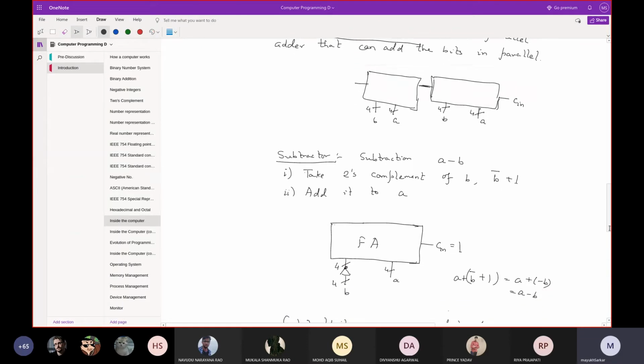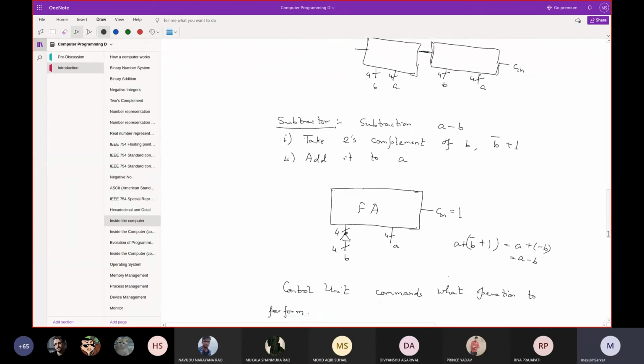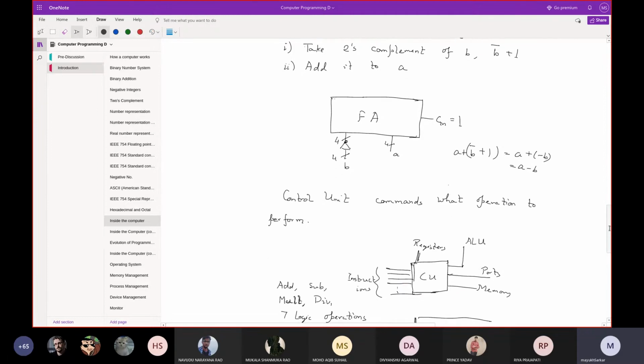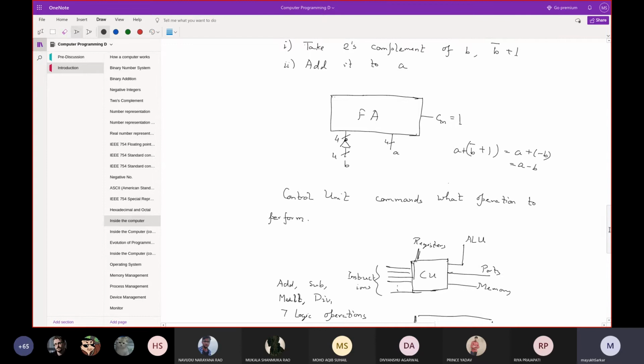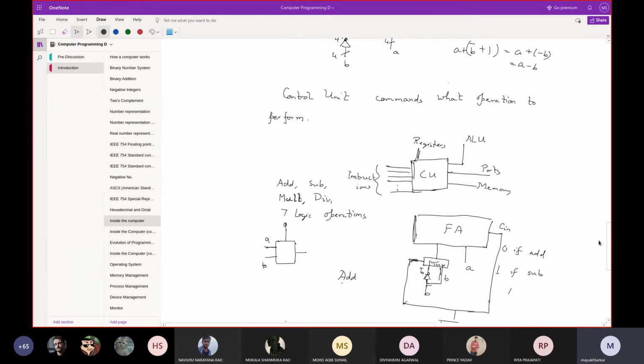And then we have seen how the same adder circuit can be used as a subtractor as well. In fact, the same circuit is used for addition and subtraction. It is the control unit that sends a signal whether addition or subtraction needs to be performed, and the control unit understands this signal, as well as other signals about what operation the user needs to be performed.